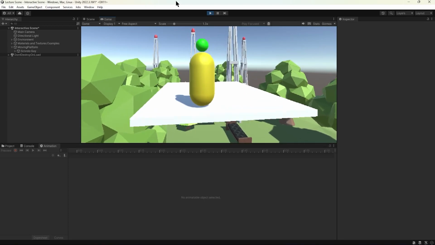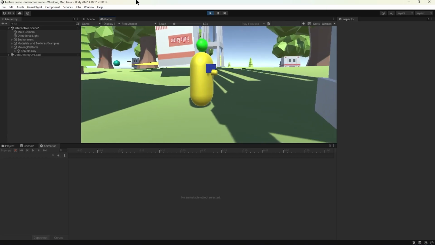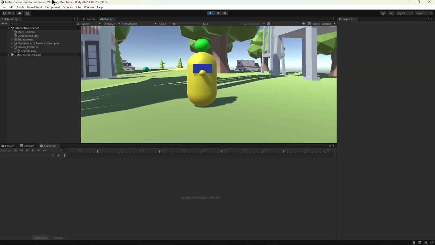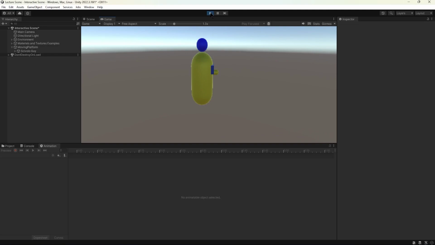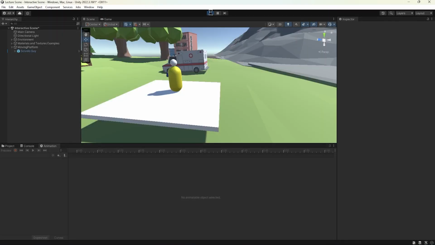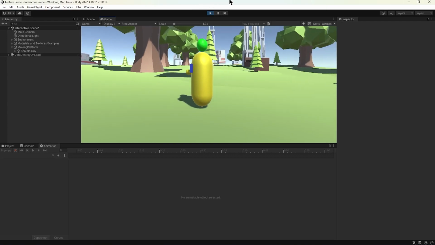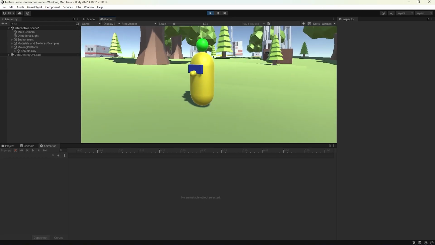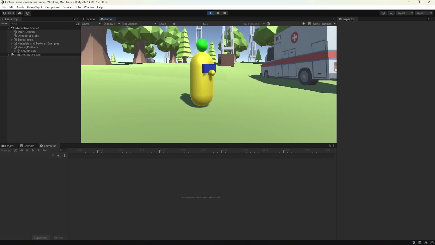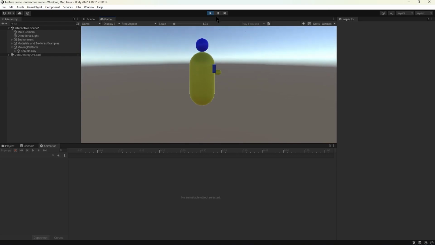But we need to ensure that we can get Chivolo guy off the platform, because if we don't, that's going to happen. The game just breaks. He moves inadvertently with the platform, even though I don't want him to anymore. And then when the animation is done, it's just going to break. So it's moving up right now. Now it's moving forward, but I don't want to move forward, but it's forcing me to. And as soon as the animation is actually done, I should just fall through and lose everything. Yeah, there we go. So we need to fix that, and we're going to fix that in the next video